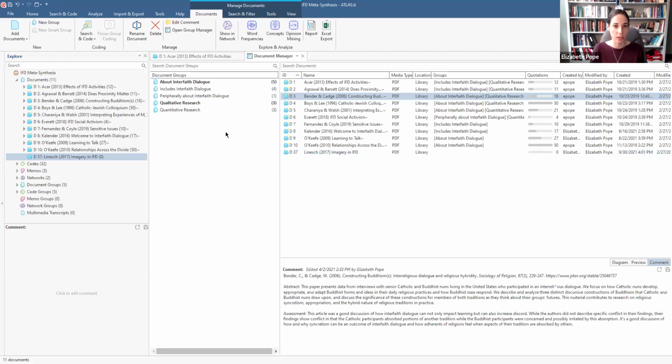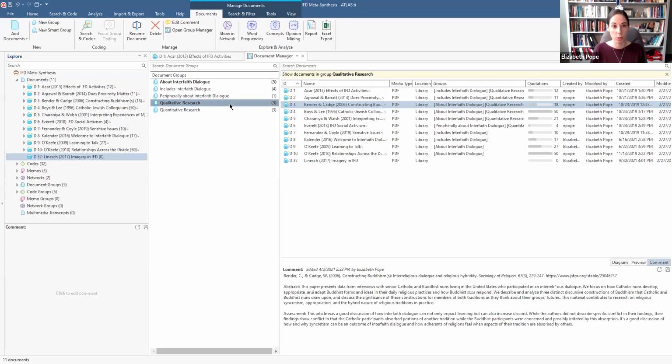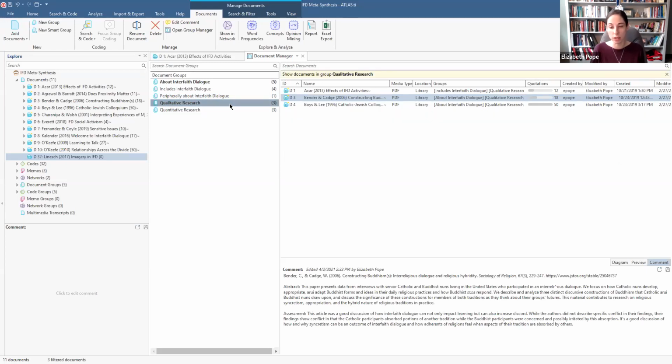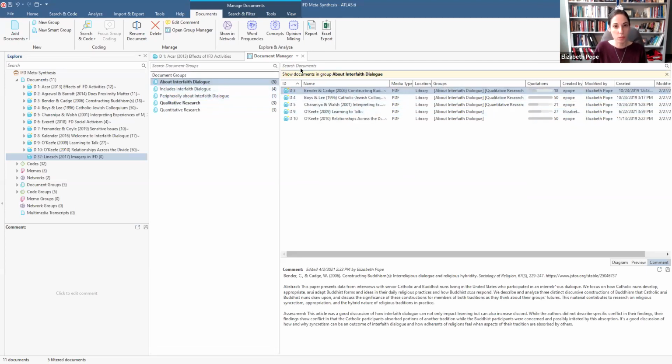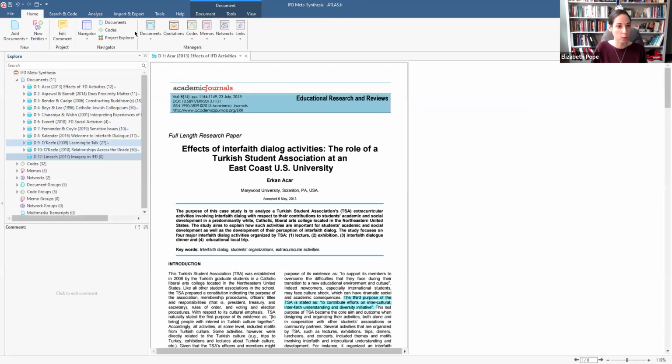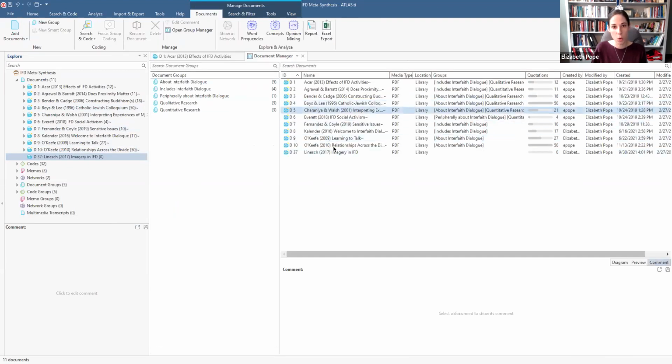And this also helps when I've got everything coded and I want to do an output of only the articles that are in the qualitative research document group. You can do that, and it'll just pull the things specifically from that group. But what I mentioned before about